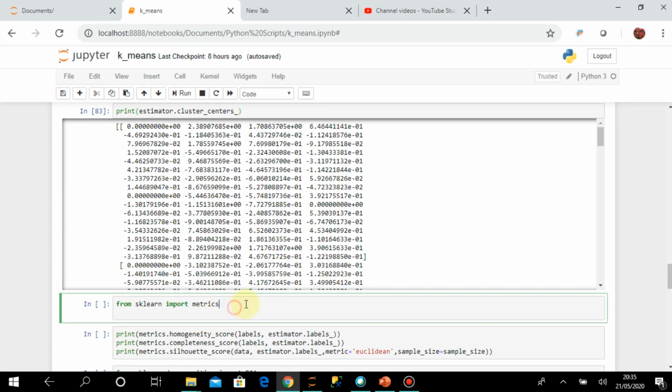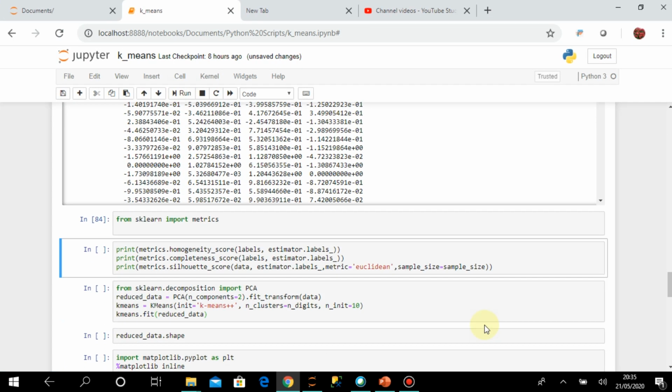Here I am importing these metrics, and after importing, I am printing them. For the homogeneity score, you can see that I have sent the labels and the estimator labels. The labels are the actual outcomes, and estimator.labels_ are the predicted outcomes that we have got.